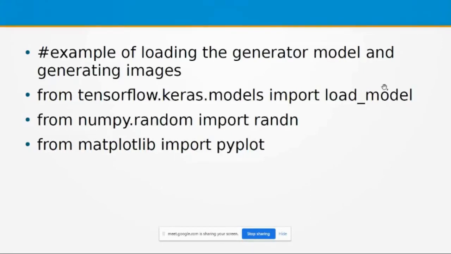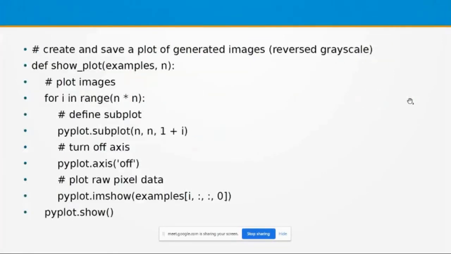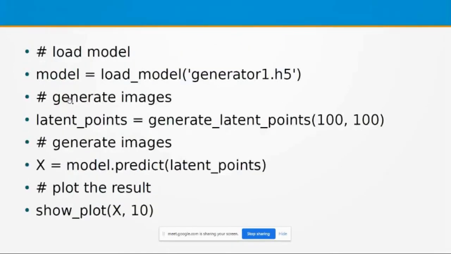For that we can use a facility known as load model. The model is already saved in a particular file, and this particular statement can be used to display the generated images. Here, for generating the image, first we load the model. Now the model is available in model. We generate the latent points; here 100 latent points are used, so in a single stretch we can create 100 images.